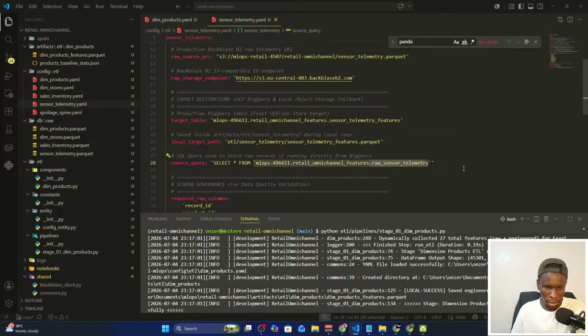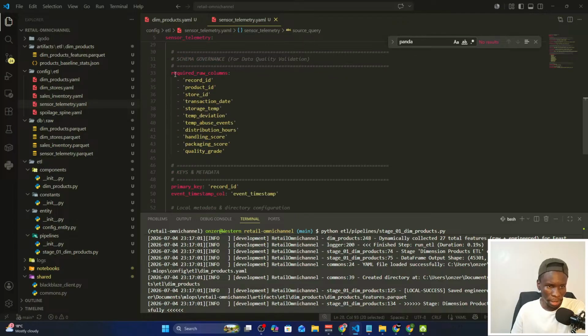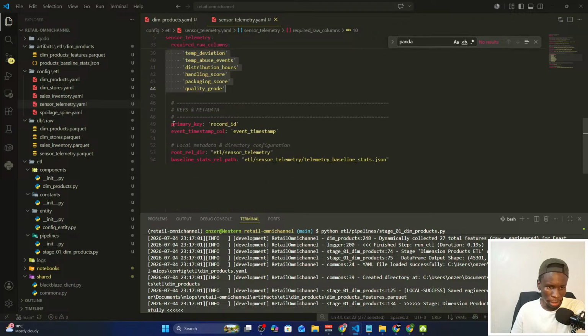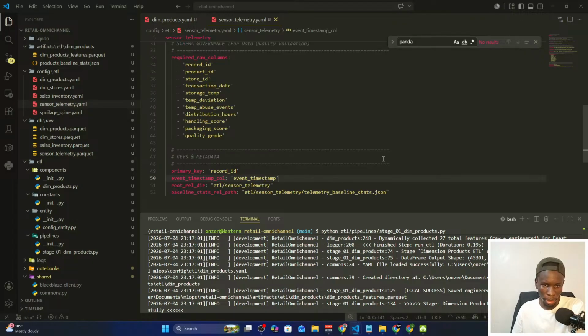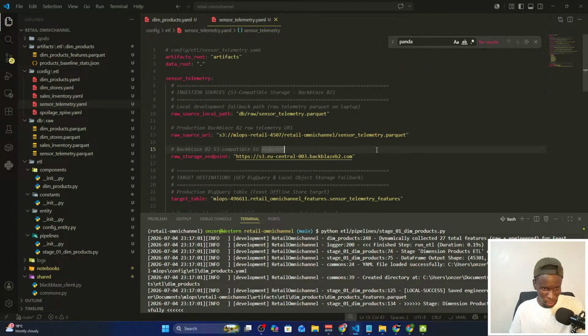You'll have this raw sensor telemetry. Then these are the required columns for that. Then this is the primary key, event timestamp. Then the local configuration if you want working locally. Okay. So once that is done, then you can go to the next one. So the next is